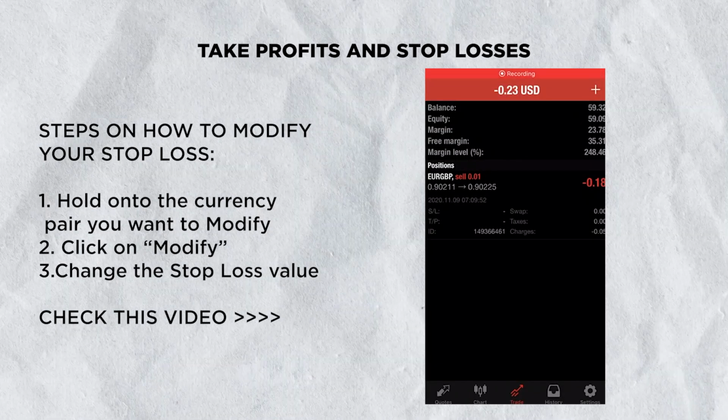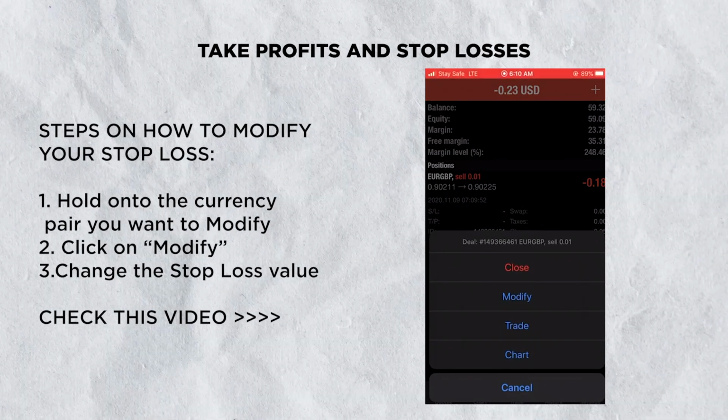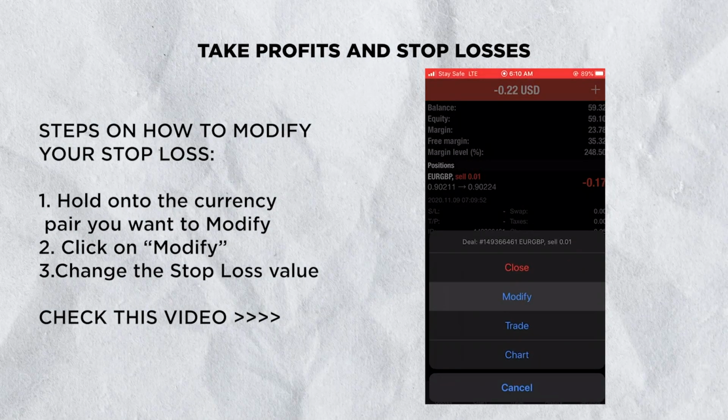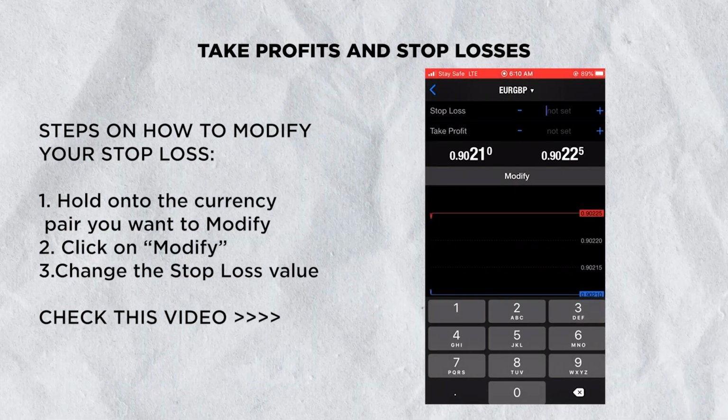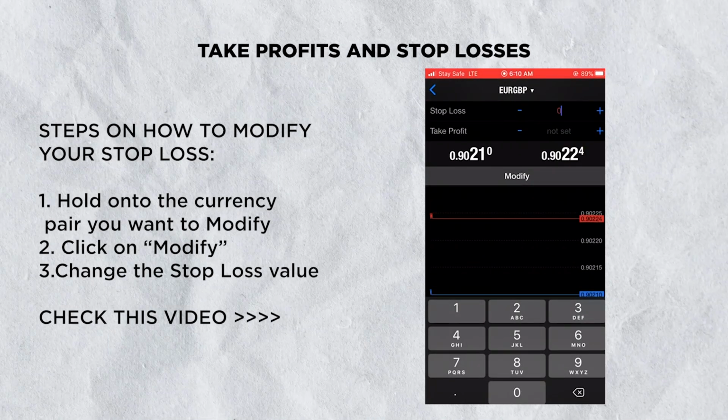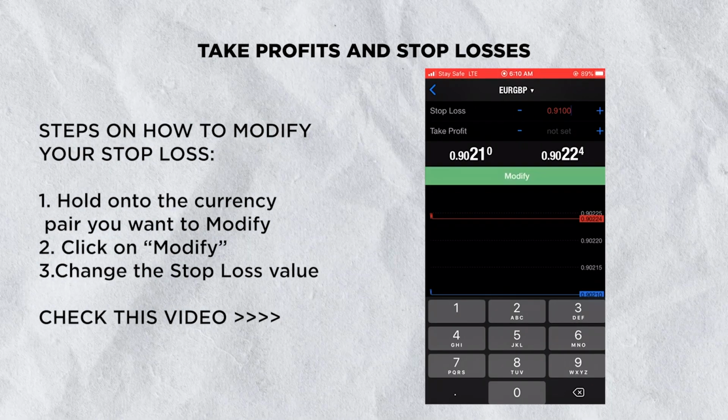Steps on how to modify your stop loss. 1. Hold on to the currency pair you want to modify. 2. Click on Modify. 3. Change the stop loss value. Check this video